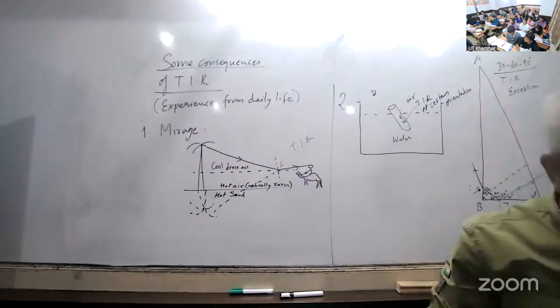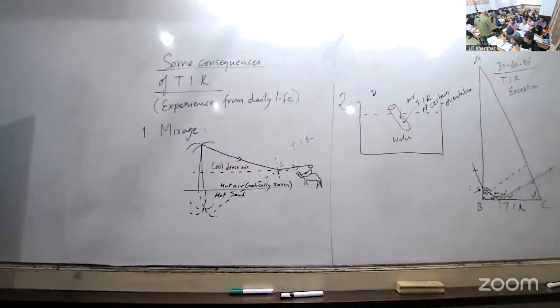Now, these are things that you can observe at home. Create conditions where the light rays are traveling from rarer to denser, and at a certain angle, the test tube... otherwise, when you take the test tube out, then you see that it's better off. But when the TIR condition is very low,